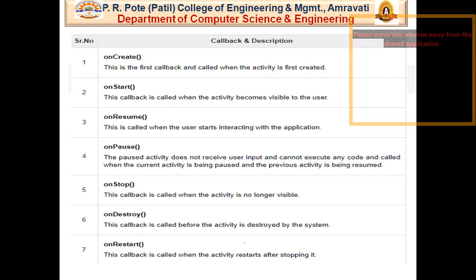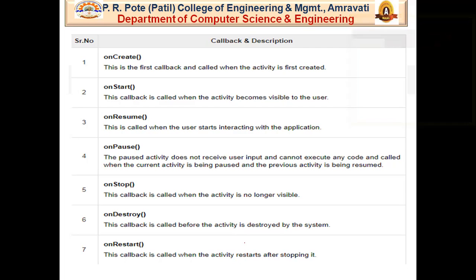Now we will see how these methods actually work with your applications on your mobile phone. But before that, let's have a quick look at what an activity actually means. Then the onPause method. A paused activity does not receive user input and cannot execute any code, and it is called when the current activity is being paused and the previous activity is being resumed.